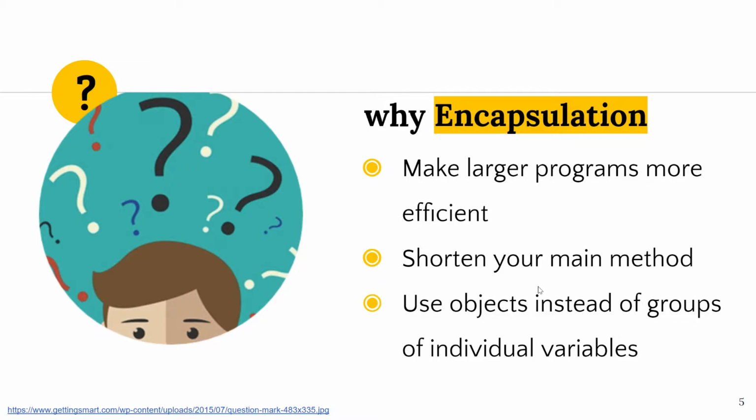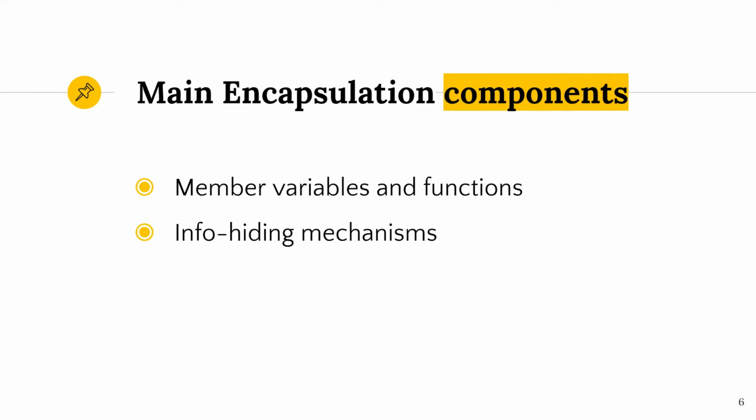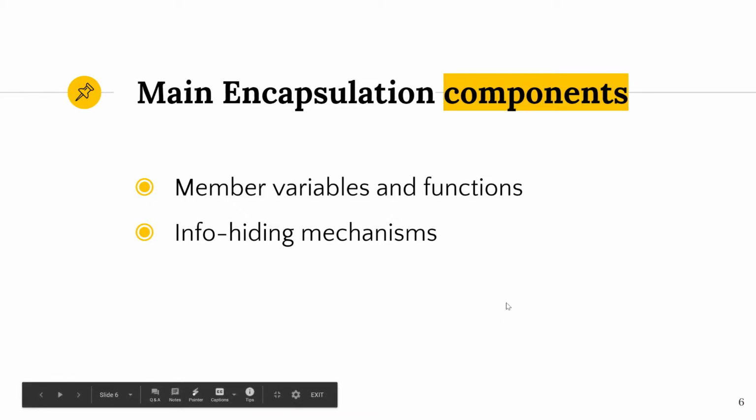Why we use encapsulation, first off, is to make larger programs more efficient, shorten your main method, as well as use objects instead of groups of individual variables. And the main components of encapsulation are member variables and functions that make such classes or objects unique, as well as the info hiding mechanisms that essentially specify what can be accessed outside of